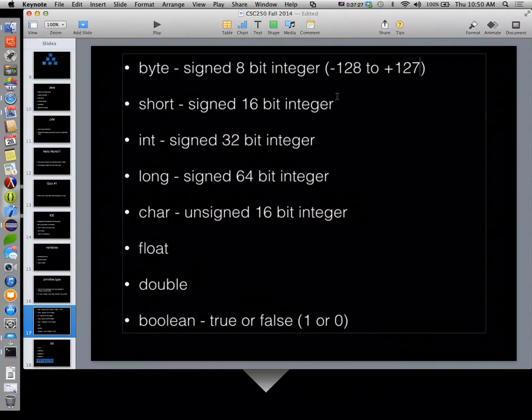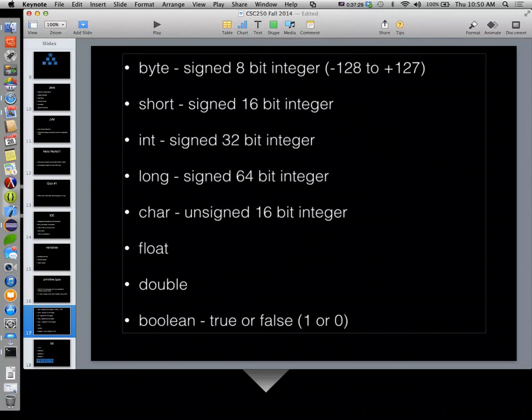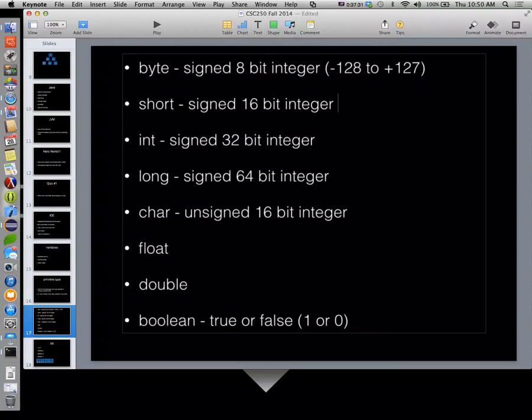A short, same exact idea, except we have 16 bits. Range of values are negative 32,768 to positive 32,767. An int, plus or minus 2 billion.